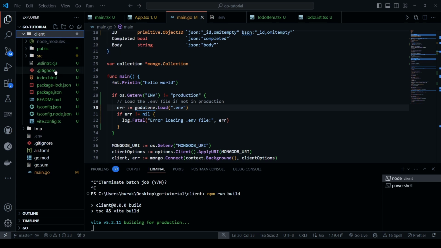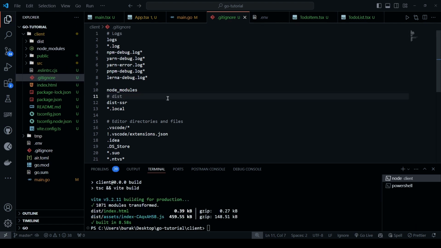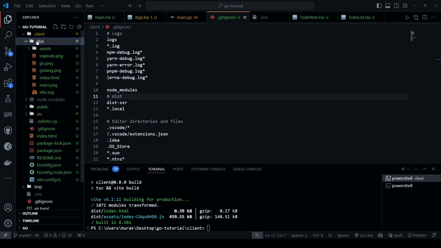And something that I want to change while this is happening: I'll just not ignore this dist folder, and I would like to have it in my GitHub repo so that when I push any change, it could take it and just deploy my React application. So this is not really the best approach, but it is going to work in our case, and I found this to be the easiest to work with Railway. So there we go. Now we have the dist folder, which is going to hold the optimized build of our React